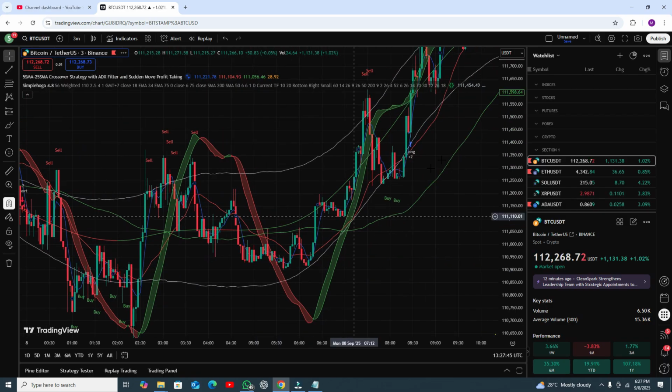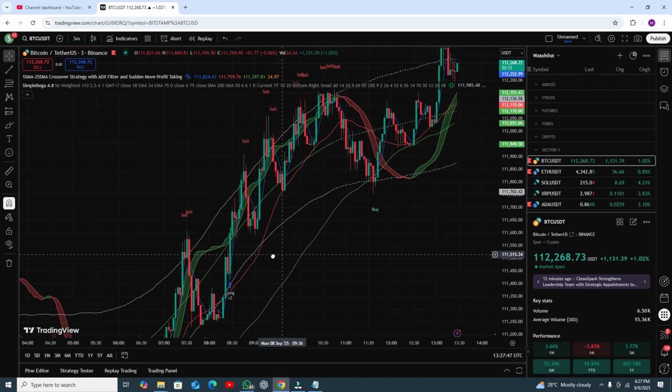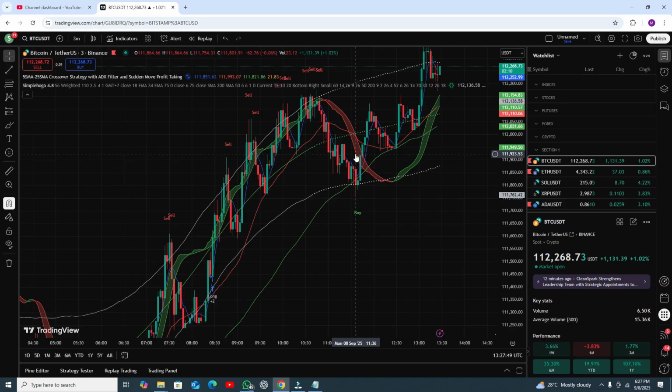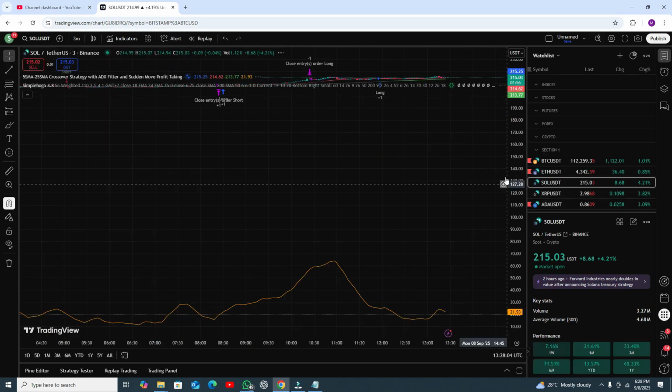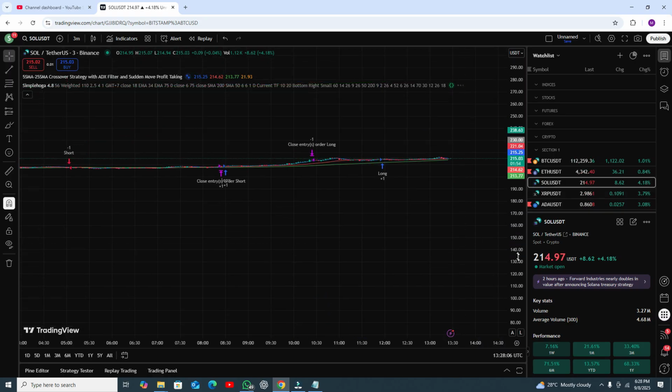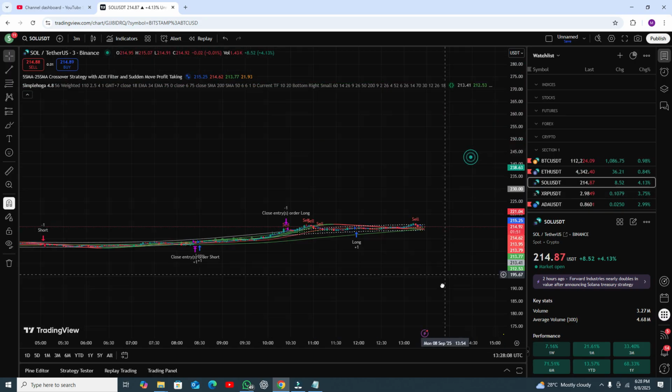Here you can see you got the buy position, but this is exactly one more buy position, because at this point the RSI is touching the lower band line. So this is your another buy position, and you can see the results. Let me show you the results in some other pairs like Solana. In Solana, you can see you are getting perfect positions.